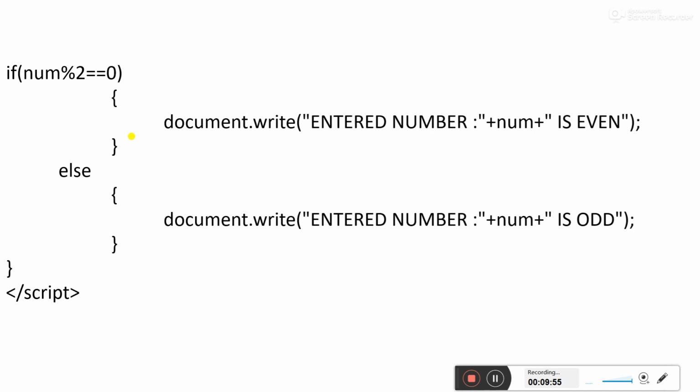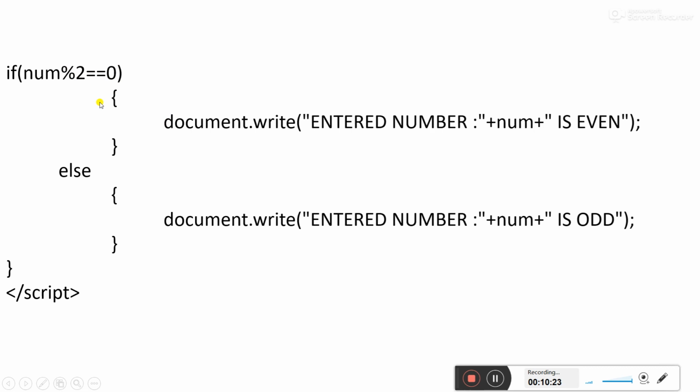Okay, so we are going to accept what we are going to do here. num mod 2 means num divided by 2, and we check what remainder this will return. We will check whether that remainder is equal to 0 or not. If the remainder is 0, then 0 is equal to 0, and the condition becomes true.